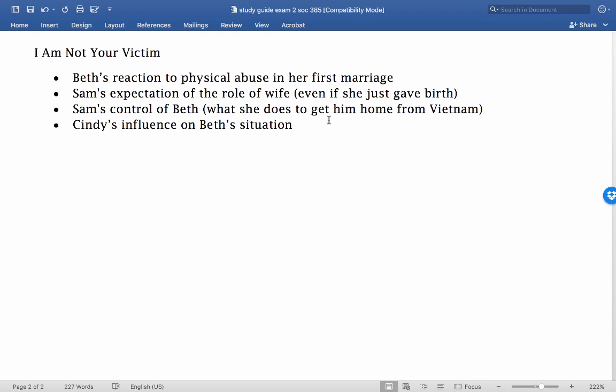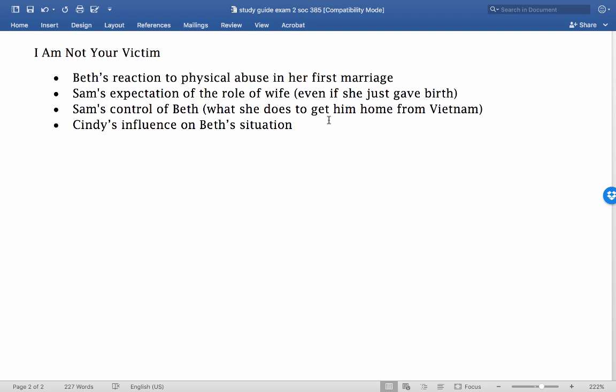Okay, so Sam's expectation of the role of wife, just this idea that even the night she came home from the hospital after giving birth, he expected her to have sex with him because that was considered part of the role and expectations and duties of a wife, right? And you're like, yeah, but that's a very straining thing to have a bowling ball basically come out of your body. That's intense, right? So he didn't care at all about that. He still expected her to have sex. He expected her to cook and clean the day that she got home after giving birth from the hospital. So that's